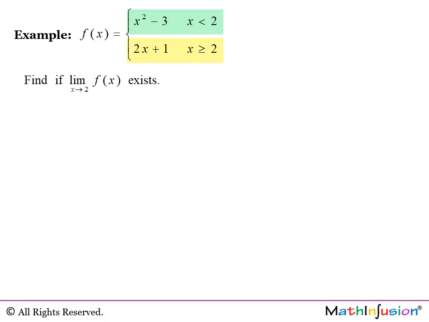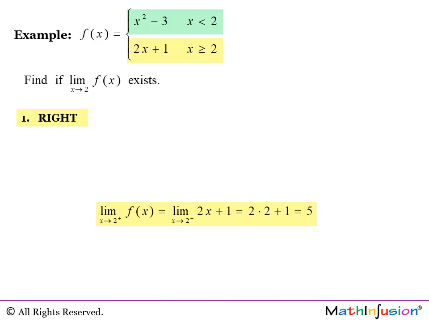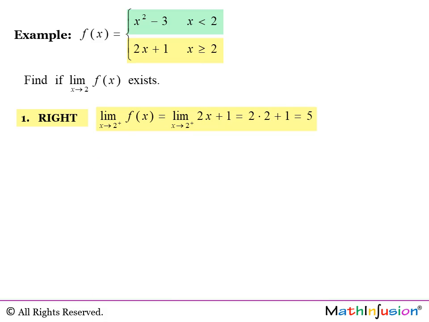Here is another piecewise function, and the suspicious point is again at 2. And we need to try to find out if the limit of the function when x approaches 2 exists. We're going to apply the 1, 2, 3 theorem as usual. 1, the limit from the right, we get 5. The limit from the left,